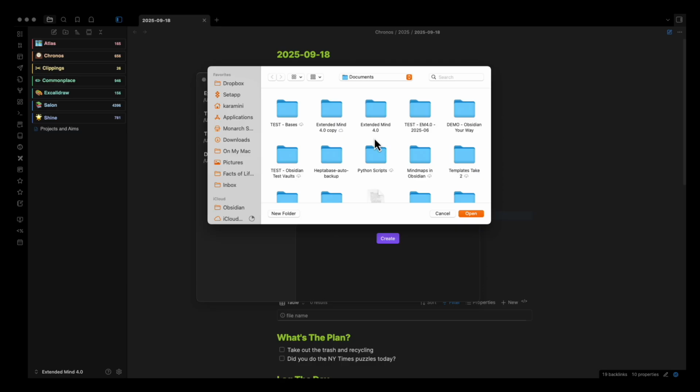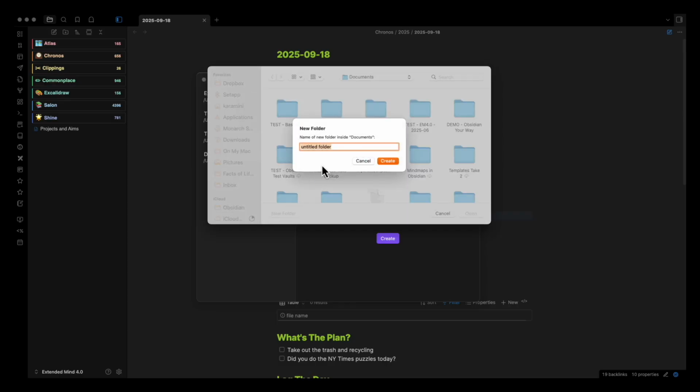So once I hit browse, it's going to bring up the Finder window, and it usually defaults to where your current vault is stored. And I store mine in the Documents folder in iCloud. I will say that I'm not using a sort of best practice, because storing files in iCloud can create some syncing issues. I have not experienced that, so your mileage may vary here. You should always start by following the instructions and then break the rules later.